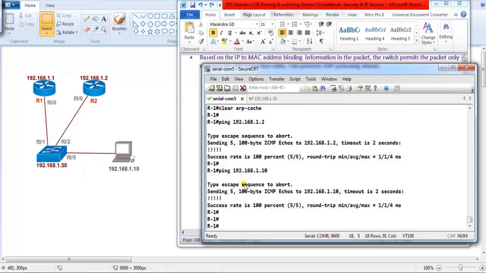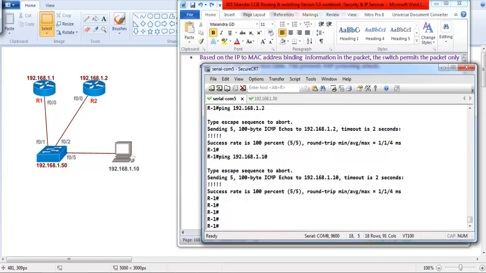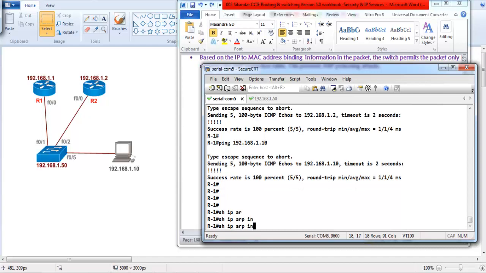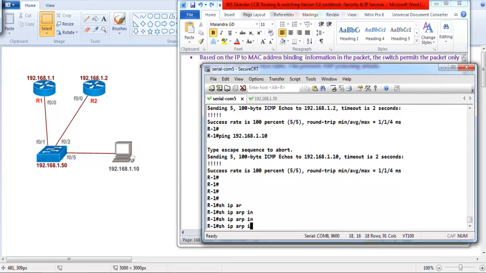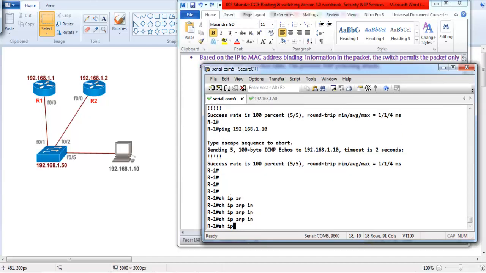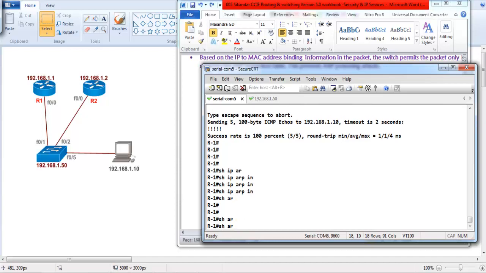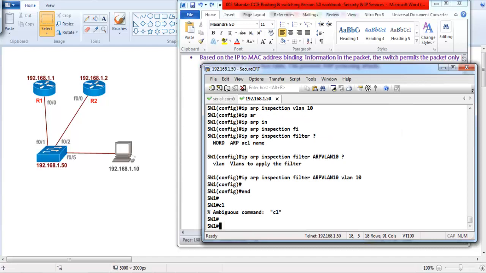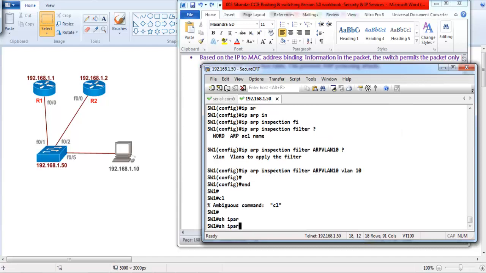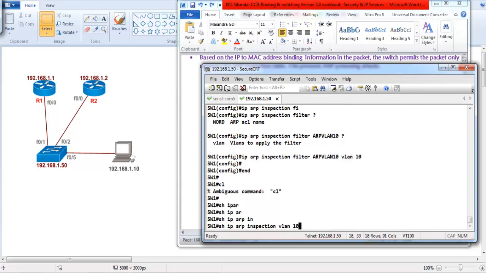Now, for further verification, what I can do is go and change the binding entries. For verification, I can use a command called show IP ARP inspection. The show IP ARP inspection has to be on the switch actually. So I should be on the switch, show IP ARP inspection for VLAN 10.